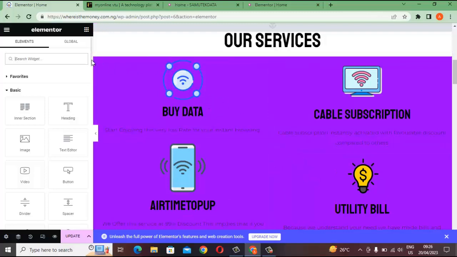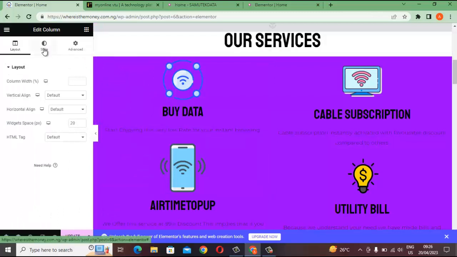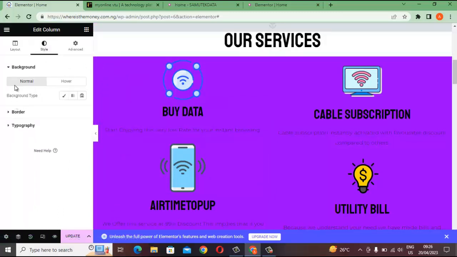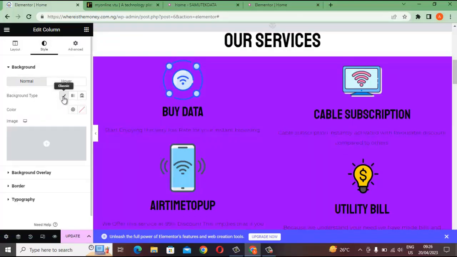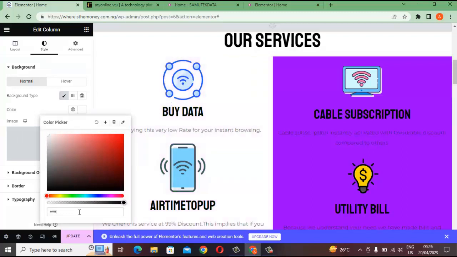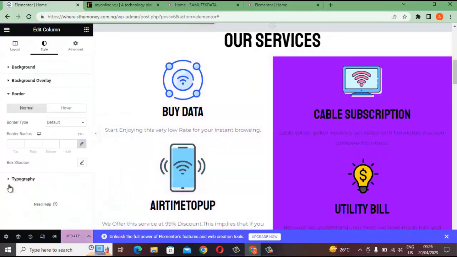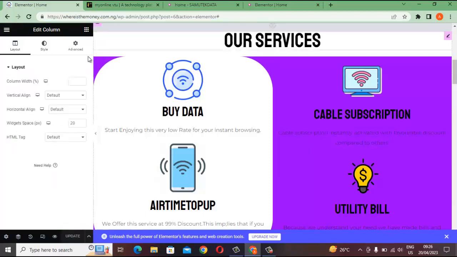So go to this edit column. Can you see? Then click on style. Let's give it a background color. Click on this icon, then click on this color. Let's change it to white. So click on update, then go to border. Let's give it a border, let's say 100. Can you see the changes? We said 100. So click on update, go to style,